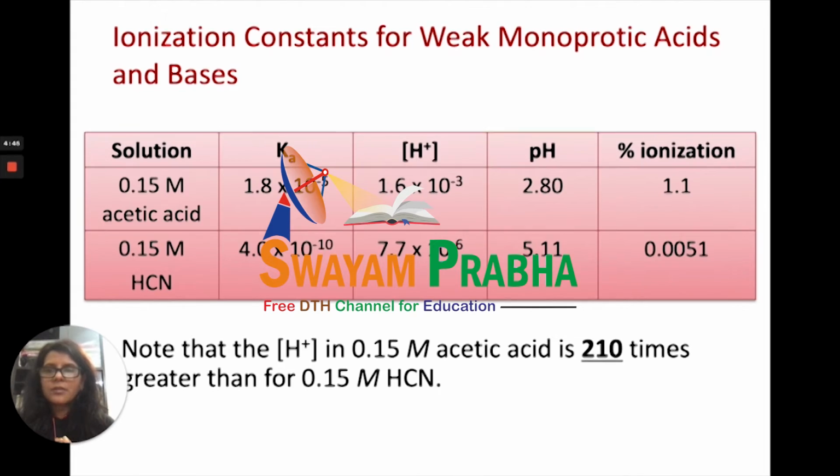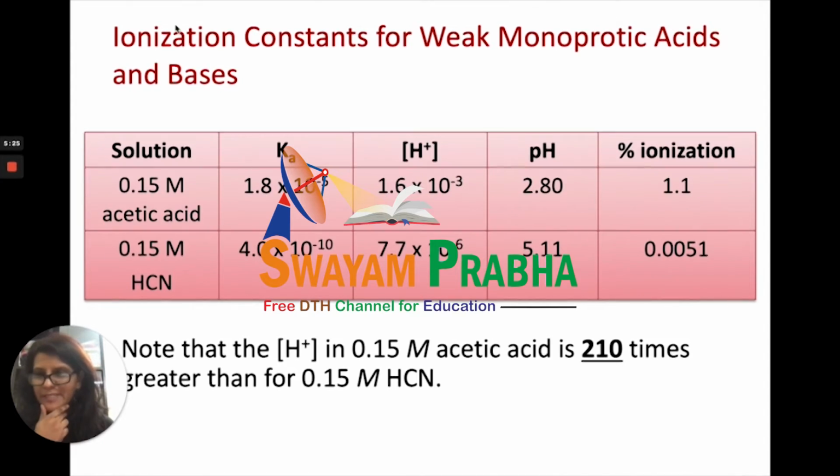Okay. Now let us compare the degree of ionization for two weak monoprotic acids like acetic acid and HCl. Both the numericals we have solved, one for HCl and one for acetic acid. In the HCl one, I did solve it quadratically, but I could have simply solved it because the Ka value was 10 to the power minus 10. So I could just simply ignore the quadratic expression, neglect the denominator subtraction to make it just one number, which is the initial concentration, and I could have solved. But I did solve it quadratically just for us to understand that you can do it both ways.